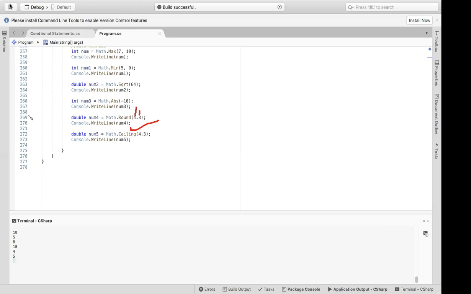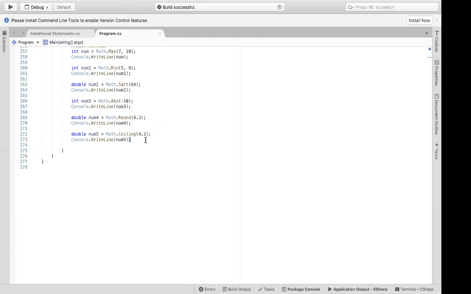Now one more method, that is floor. Use the floor function method, Math.floor. It will also accept a single decimal value. For example, 4.7 will return the value 4, not 5. If we apply the method round, it will return 5.